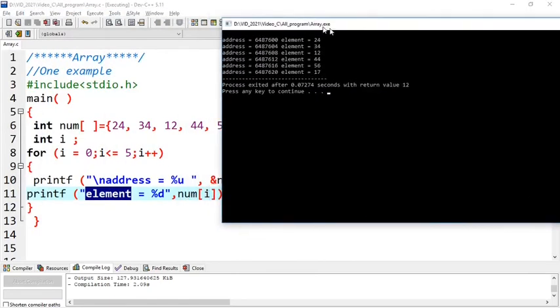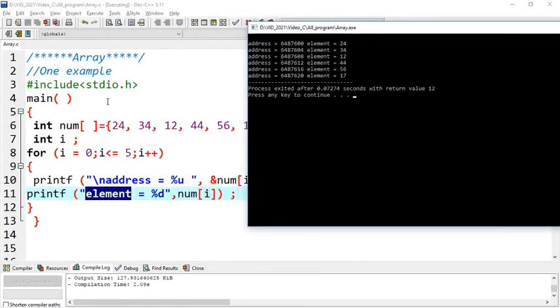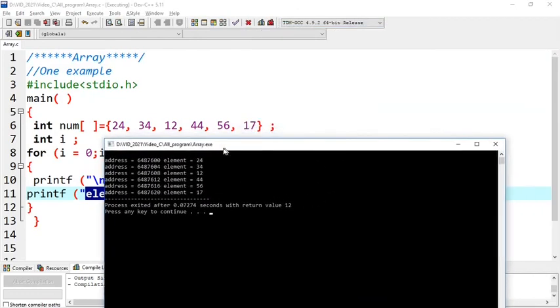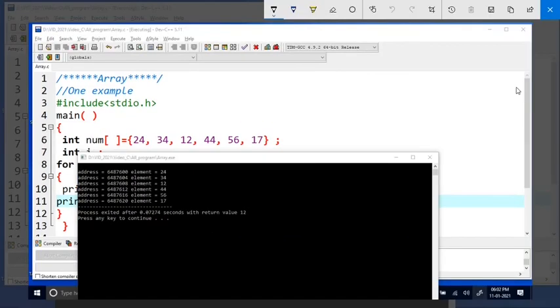So here you can see the address of this is 24. That means it is 648 address, third address like that. The last one is the address 6487620.